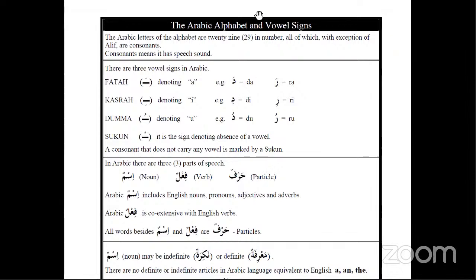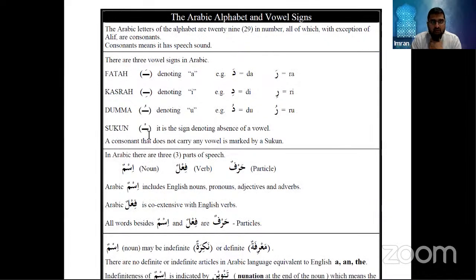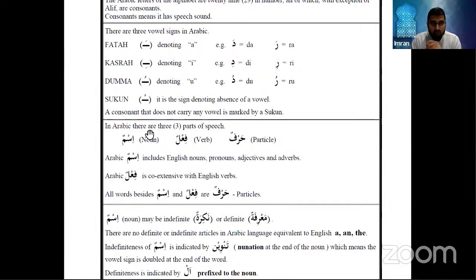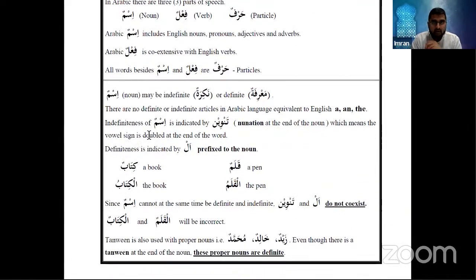Okay. Thank you. Now, the next thing we did as well, I taught you about fatha, kasra, dhamma, and sukun. These are the actual vowels in the Arabic language. And then we also spoke about proper noun, indefinite and definite noun. So kitabun, kalamun, these are indefinite nouns. It has a dhamma tanween at the end. And to make it into a definite noun, you add alif lam.